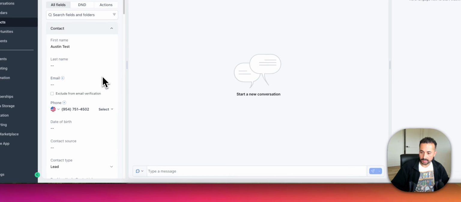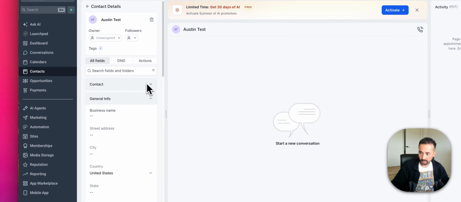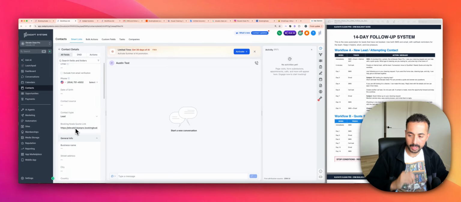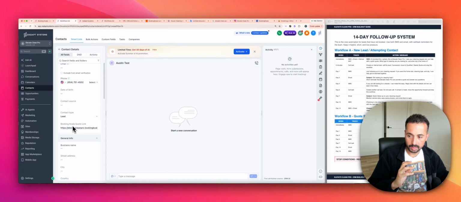Okay, so I just created a test contact here, and then in the fields here, you have all fields. Remember, we put that custom field in the contact section, so it'll be down here. This is something you'll have to update manually as you're doing your quoting process, you or your VA. But another way to make this process a lot easier to trigger the automation, the follow-up, is using